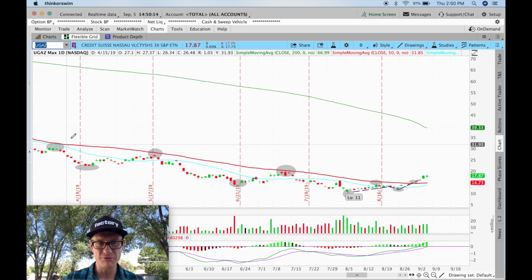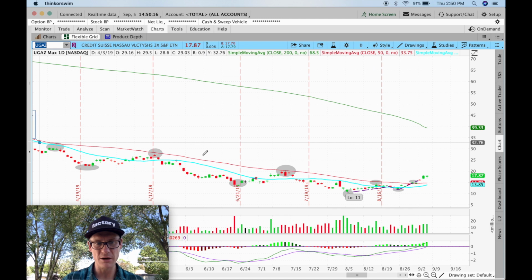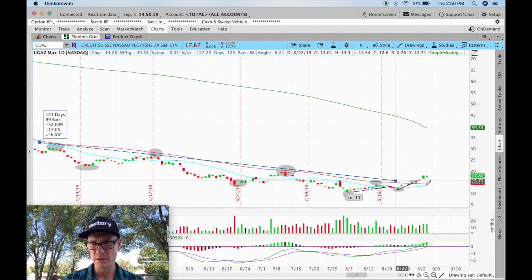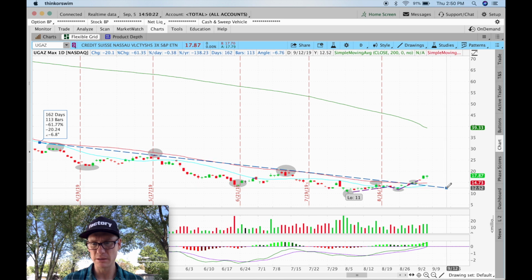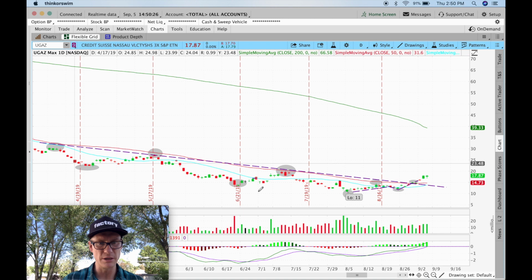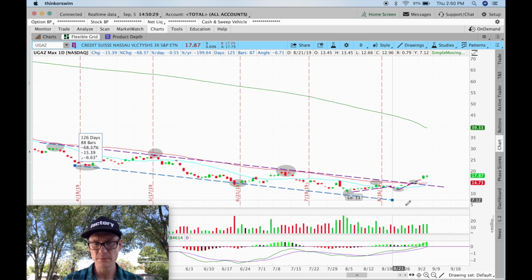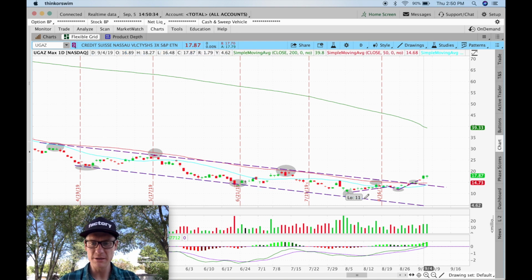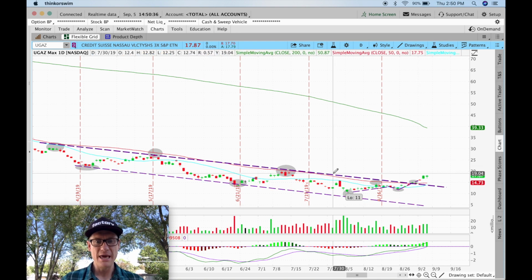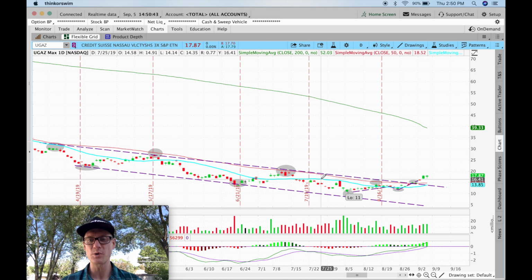And I'll try to roughly maybe draw a channel in here. I don't know how good this will look, but I'll try to line up the points here a little, kind of. So there's a line there, and then let's go ahead and just put a line in here. And we'll draw it maybe right there. Okay, so you can see we've got the bottom of the channel and the top of the channel. The top of the channel is basically following right along on this 50 simple moving average. It's not exact, but it's pretty close.